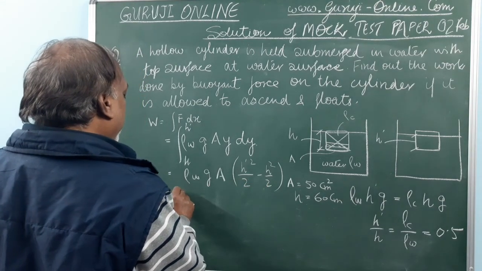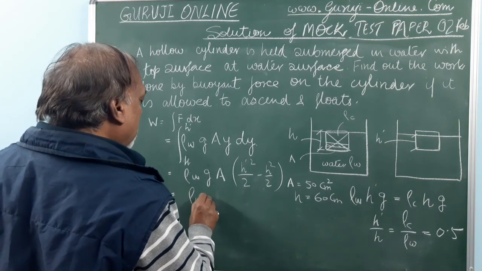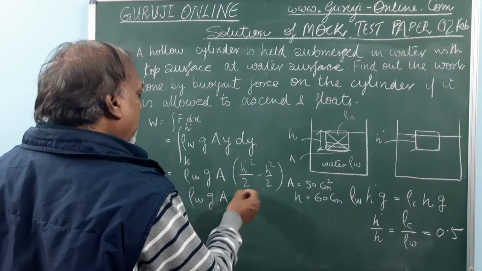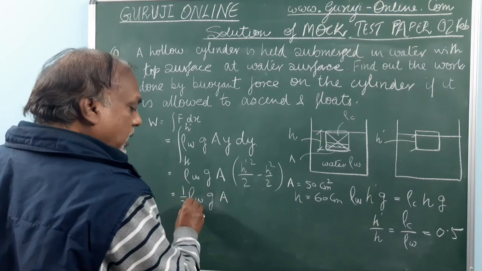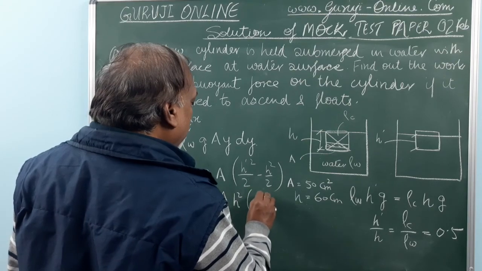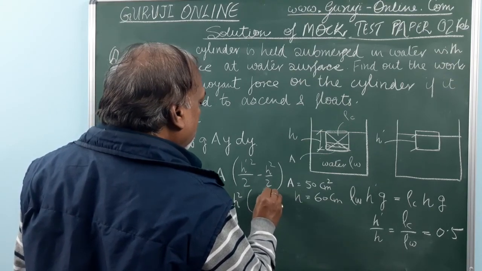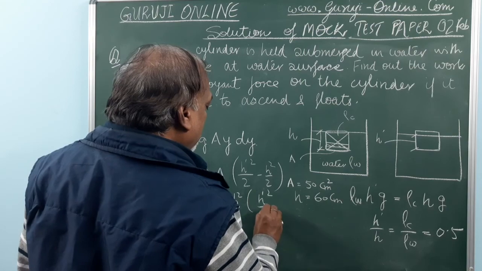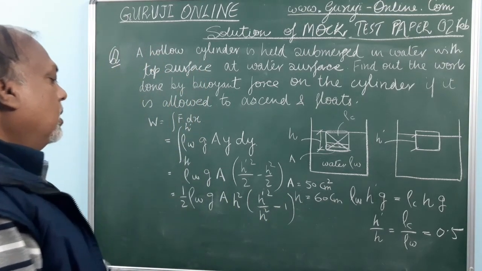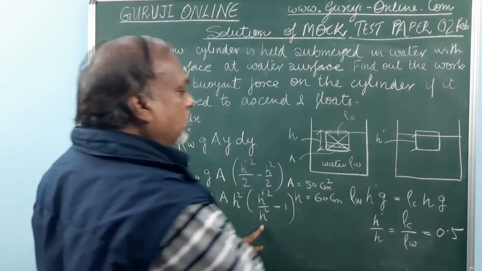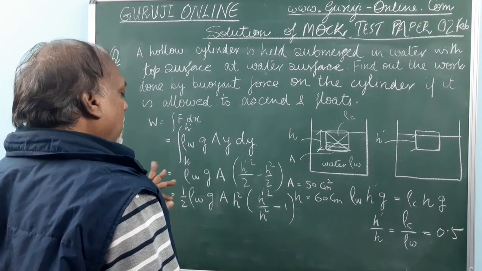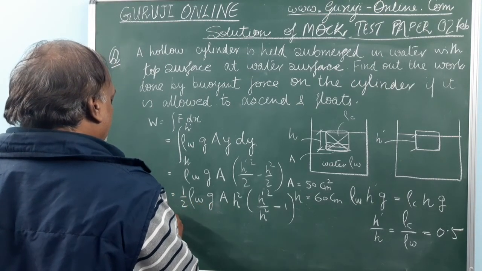H square, if we take outside, rho C, A, and 2 also, if we take outside, then this will become h dash square upon h square minus 1. This we know, this also we know. If we can calculate this,